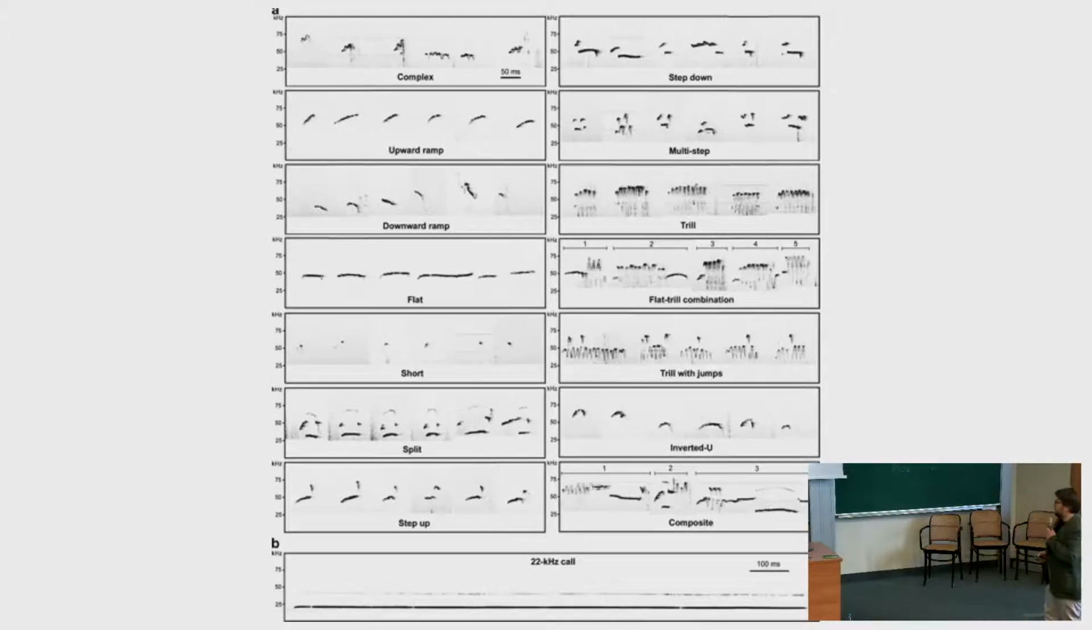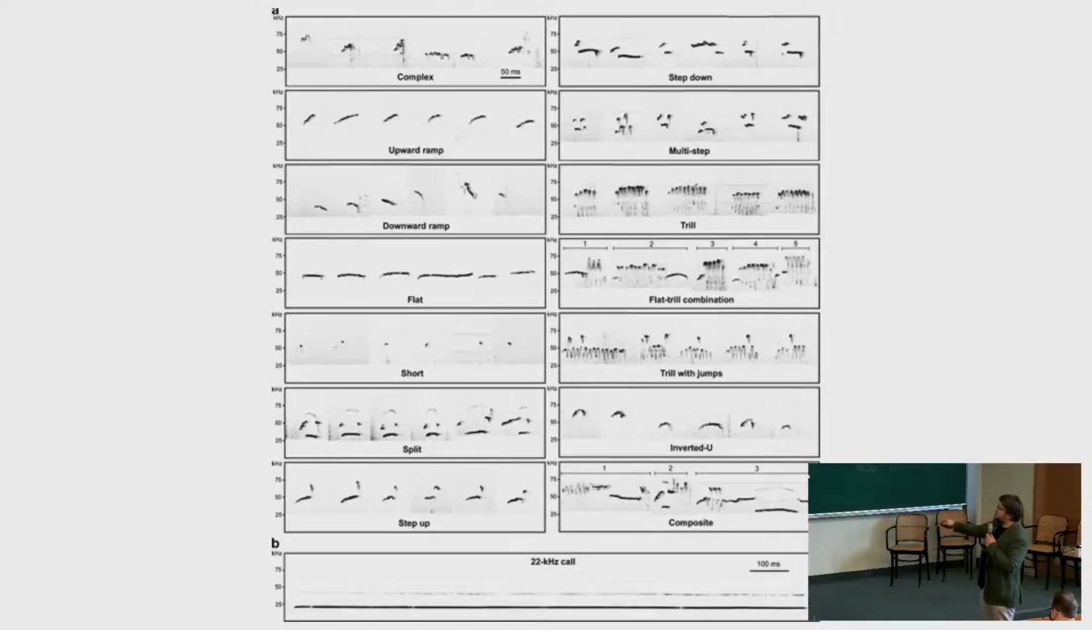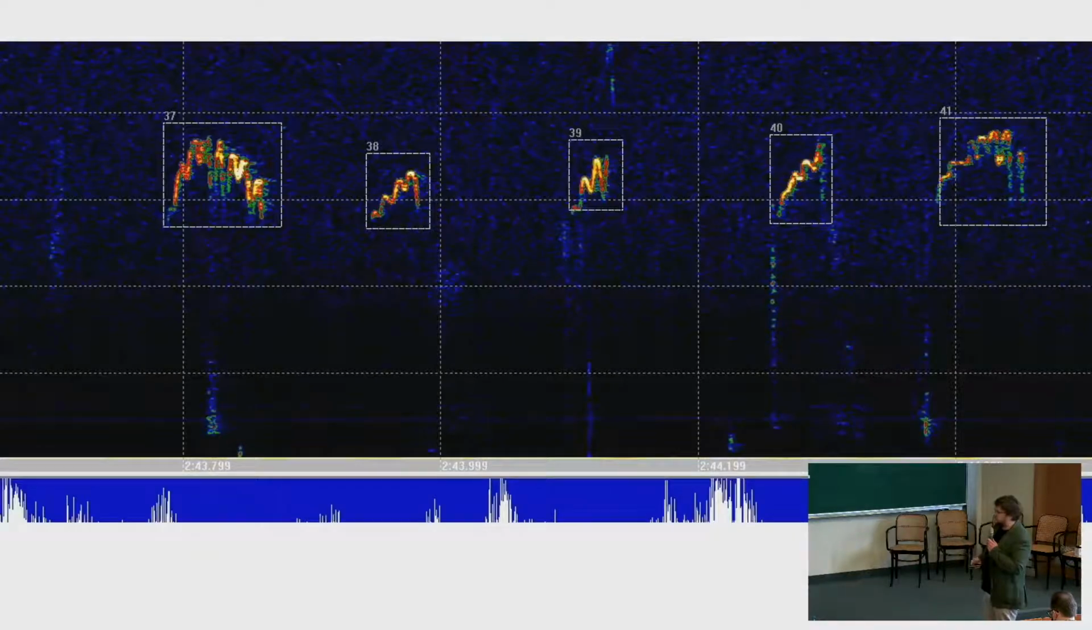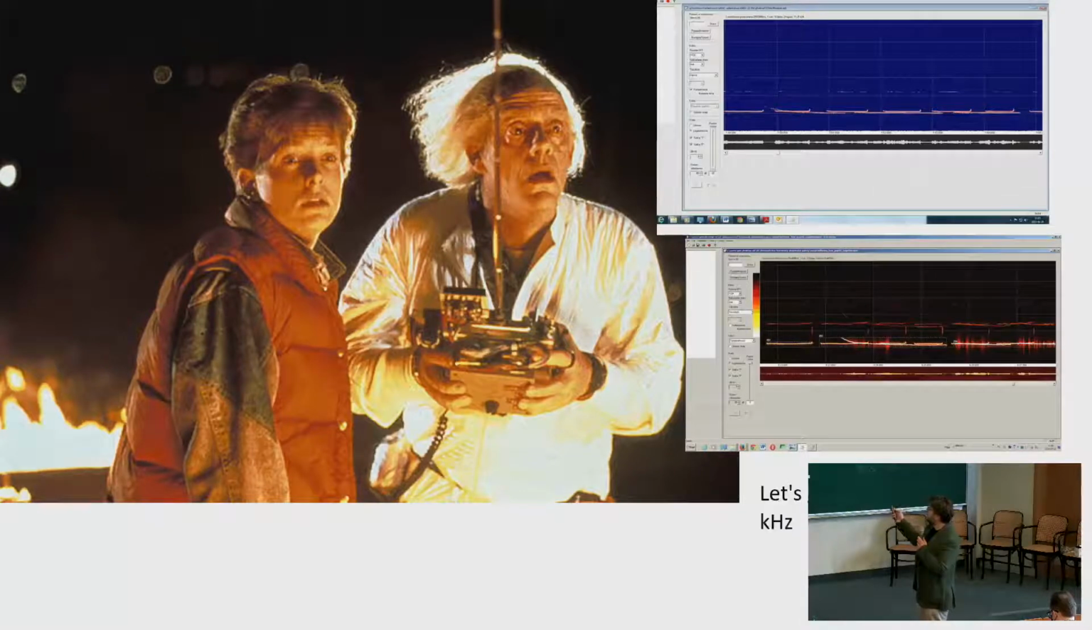In 2012, Wright and Clark extracted a few subtypes of those sounds, and as you can see, they got the shorts, splits, flats, downward ramp, upward ramp, complex, multi-steps, and combinations of those sounds. Here you can see the 22 kilohertz, so it's quite stable. In the last experiments, we found that there are a few 22 kilohertz types, but all right, let's get back to